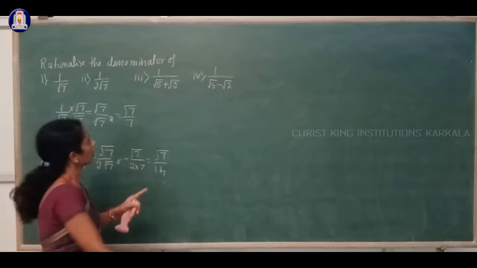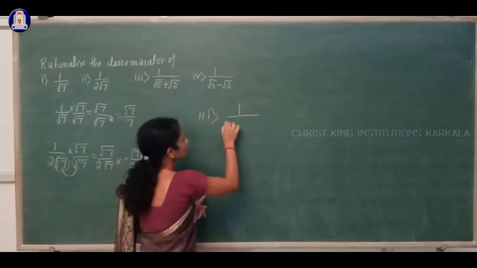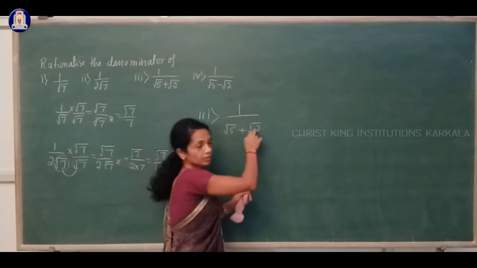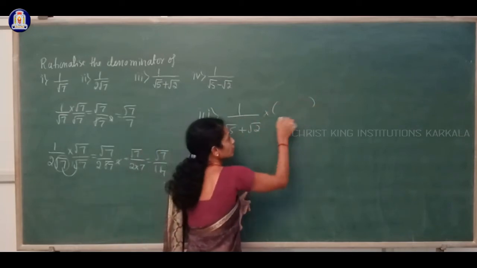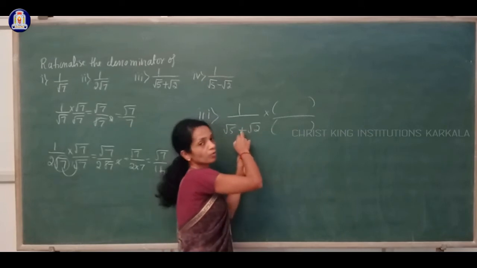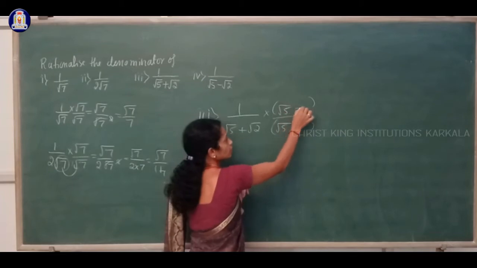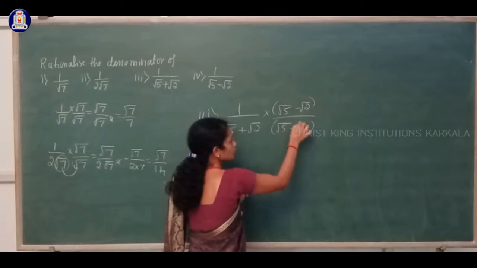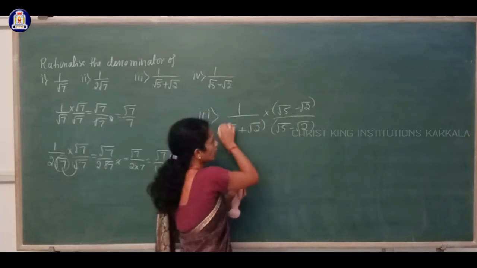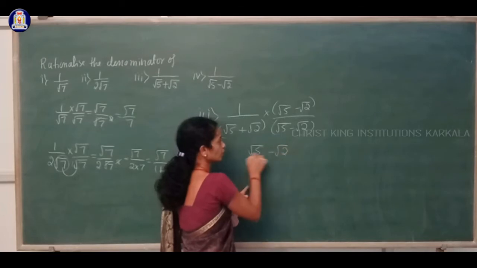Okay, like this. And here the third one, 1 by root 5 plus root 2. In the denominator you have root 5 plus root 2. For that, what is the rationalizing factor? You have to change the sign of the second term only. The first term you have to keep as it is, root 5 as it is. The second term's sign plus is there, you have to change to minus. So this is the rationalizing factor. And 1 into anything is the same thing. So root 5 minus root 2, divided by